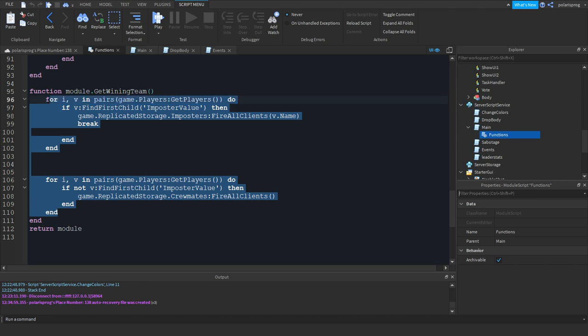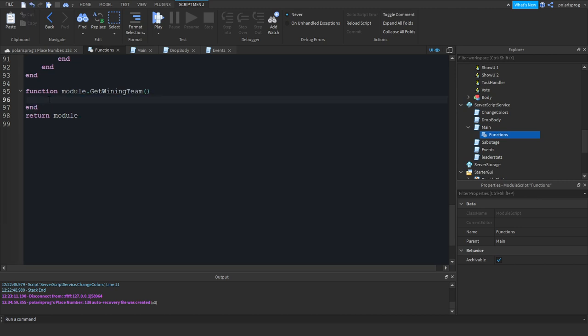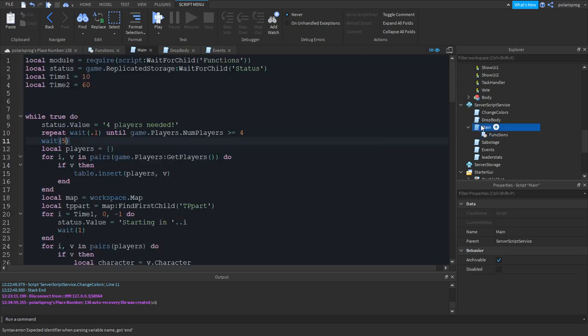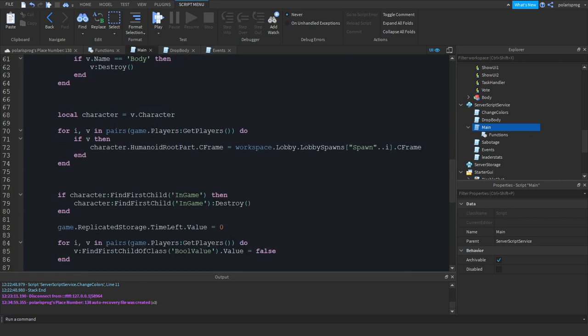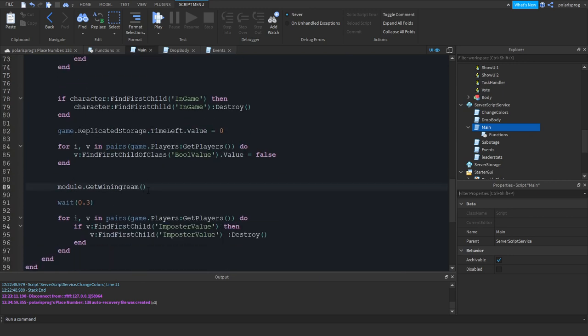So when the round ends, I think we have to loop through the workspace, or I don't know. You know what, let's not make this a function. Let's enter our main script, and after ending the round, we have to remove this, and change it to for i, v in pairs game.Players:GetPlayers() do